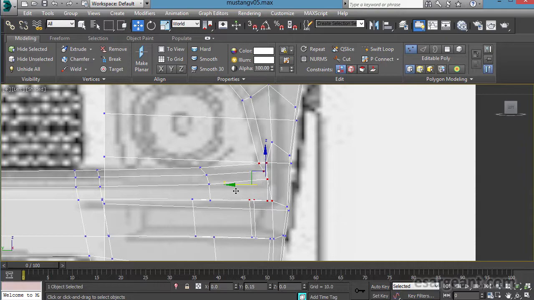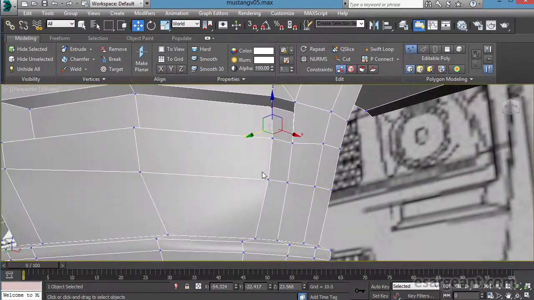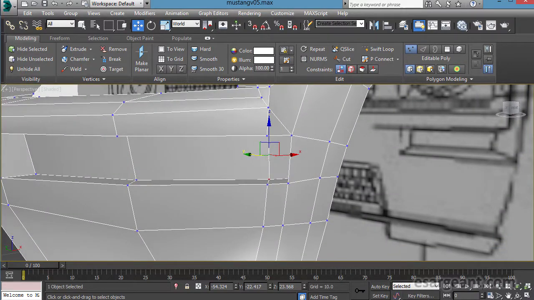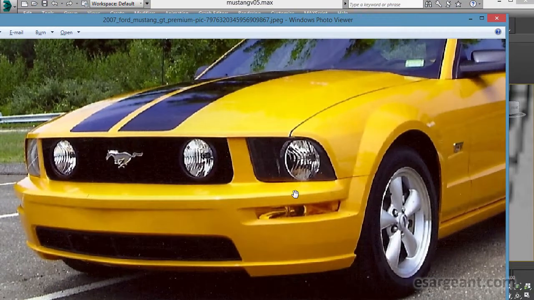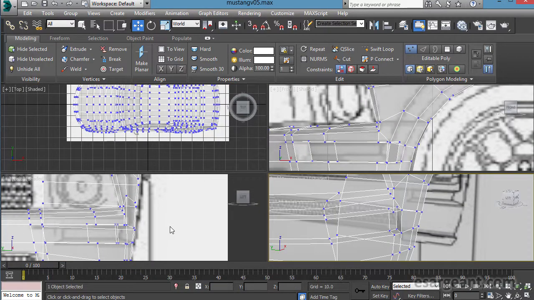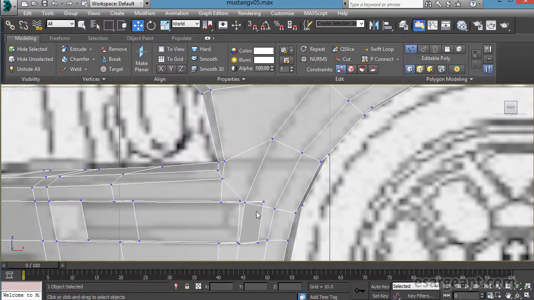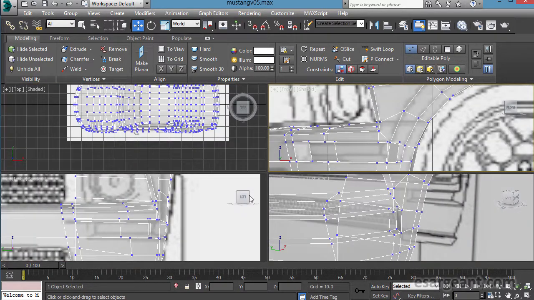Let's bring that in a little bit. I'm going to grab these and use those to form this little lip here, so this kind of curves around to here, and find that on the blueprints. You can see that it's actually this angle here, and also in this view this angle here. So I need to bring